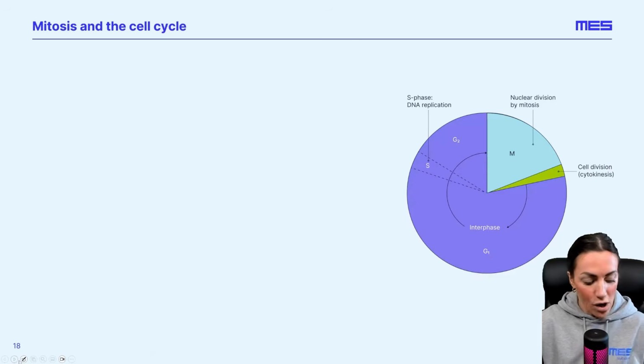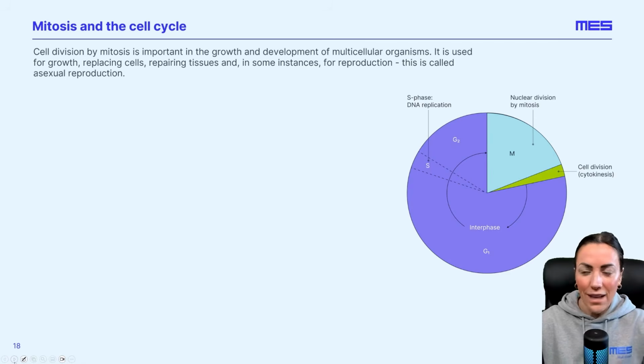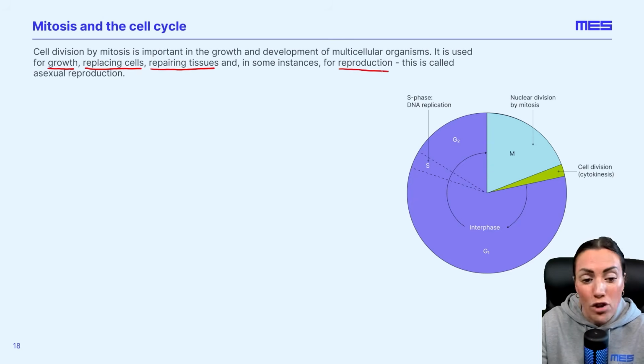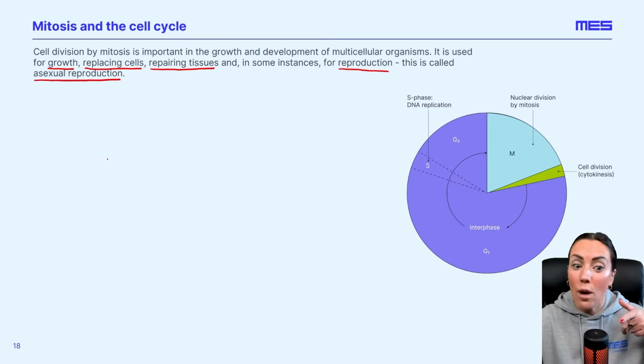The next thing in Module 1 is to learn about mitosis and the cell cycle. Now, cell division by mitosis is important for growth and development of multicellular organisms, or organisms that are made of many cells. In fact, it is used for growth, replacing cells, repairing tissues, and in some instances, some organisms can use mitosis for reproduction. This would be a type of asexual reproduction that comes up when we study topics in